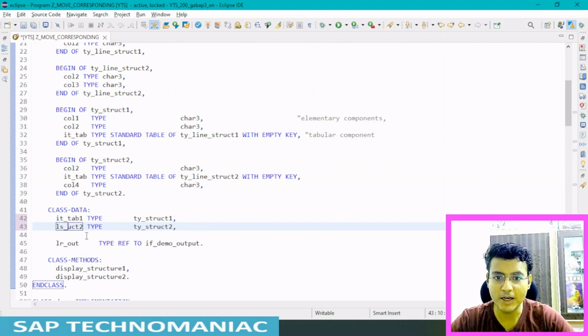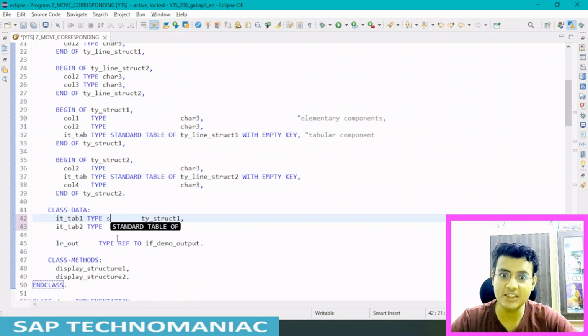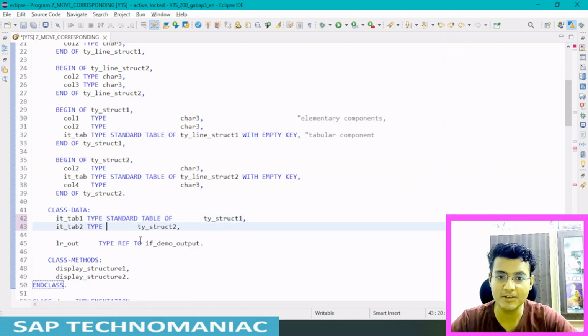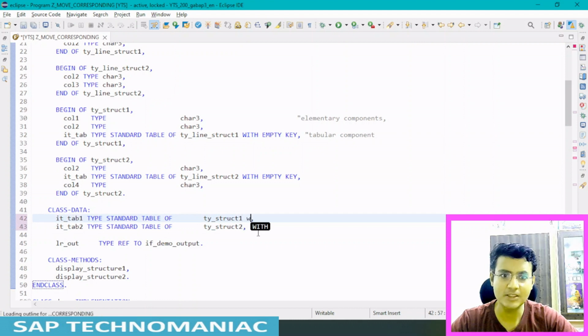Let me change it to IT_TAB_2. Not only do we have to change the name, we have to change the type: standard table of the structure, with default key.